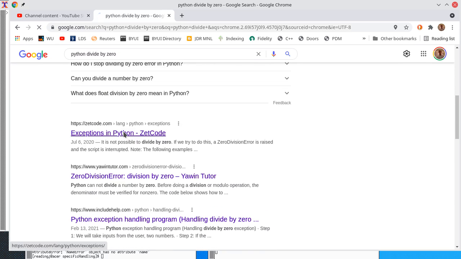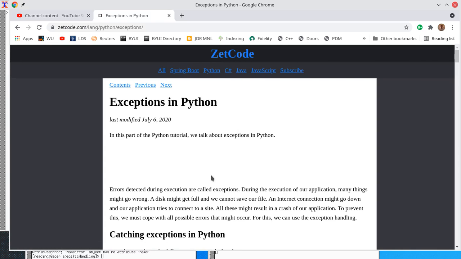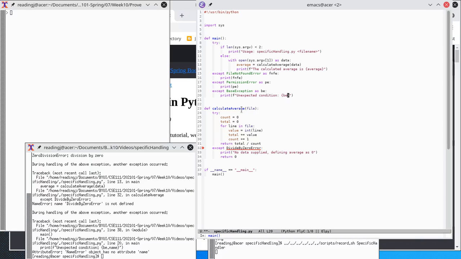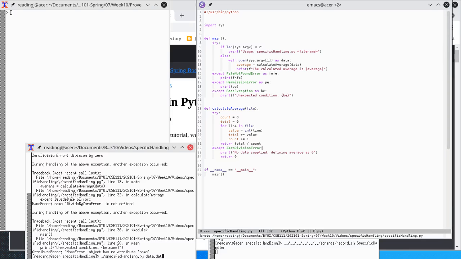Exceptions in Python. 0 division error. It showed it there. I saw it just before I got rid of that. Okay. So we'll call this 0 division error. And my editor's a smart aleck. It knew that wasn't an error name. Okay, now if we run this,